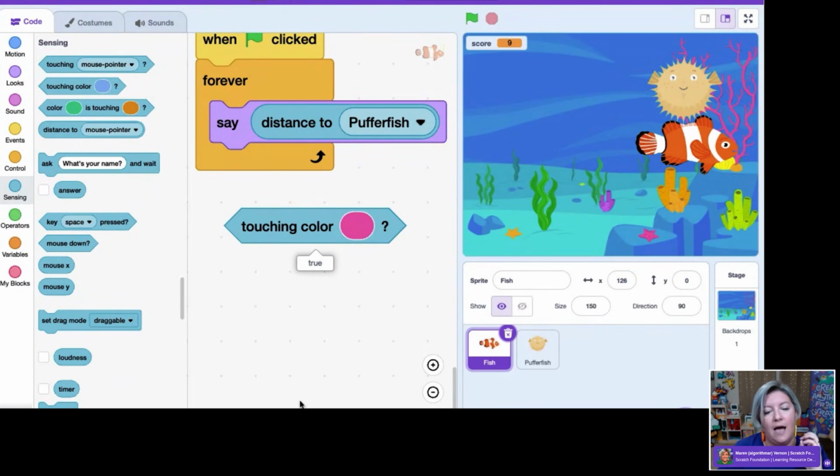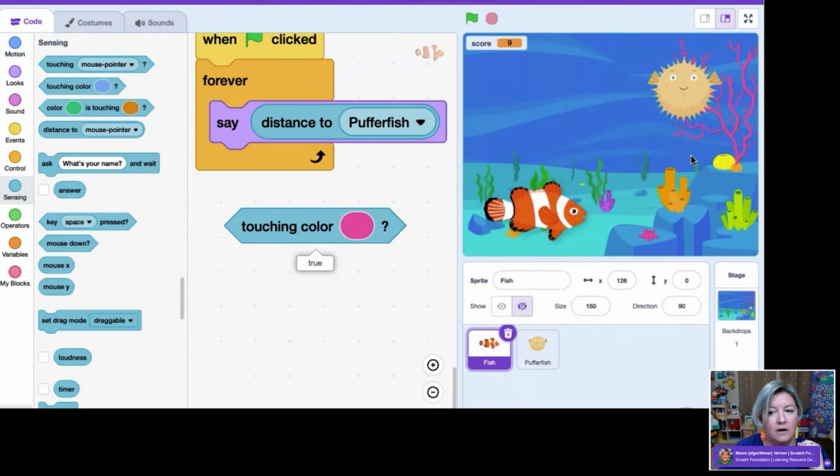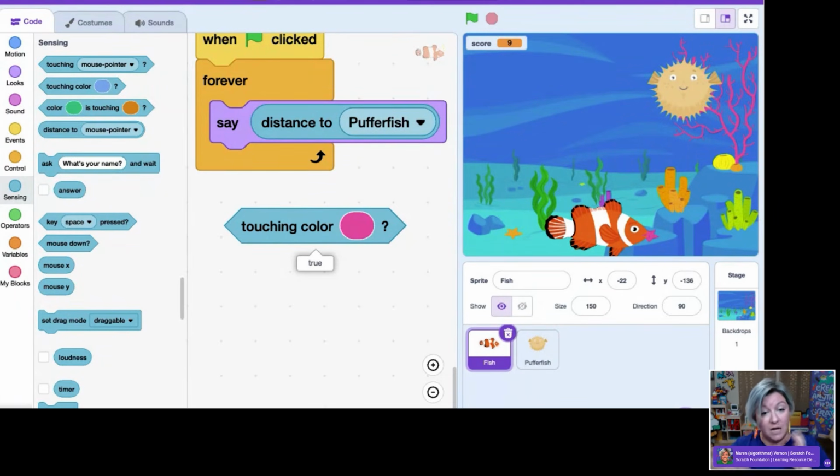It's really helpful to understand what the program is doing. For instance, there's another pink here. This is the starfish. When I touch this, oh, that's also true. And so this could come up in the context of a game. We'll be talking a lot more about debugging in our final session in this level up series. And so you may see this example come up again.